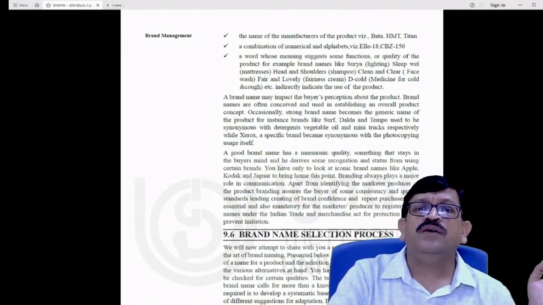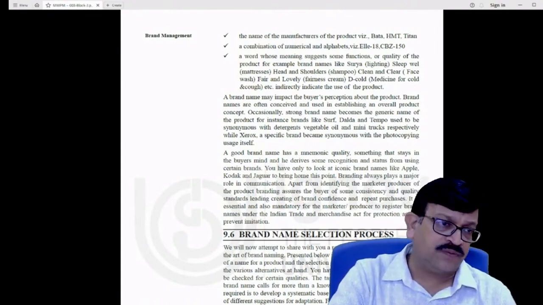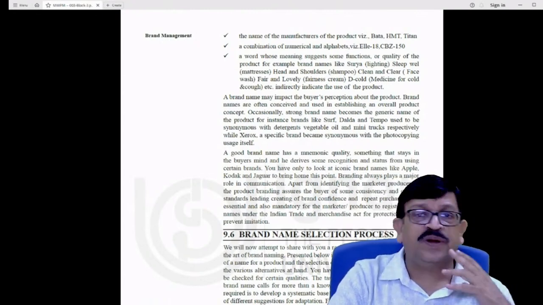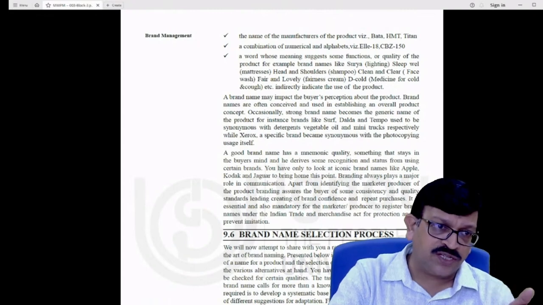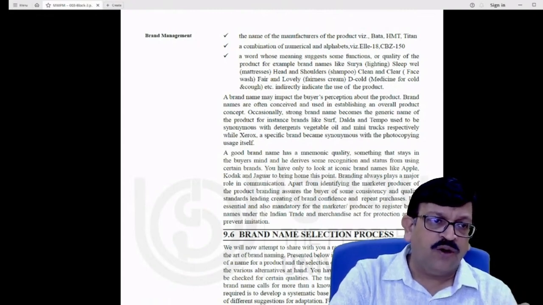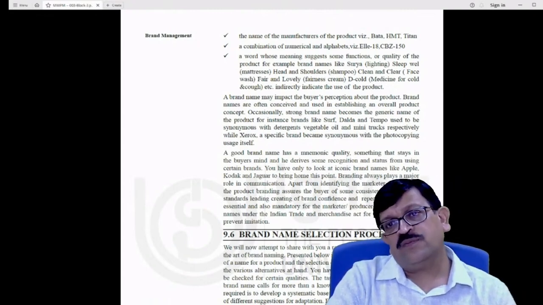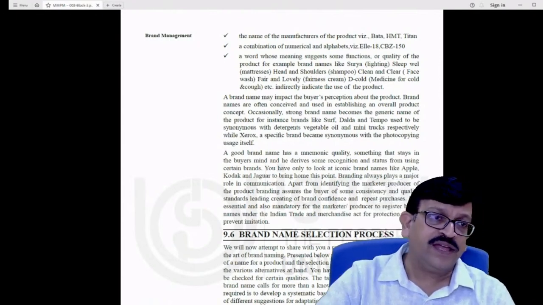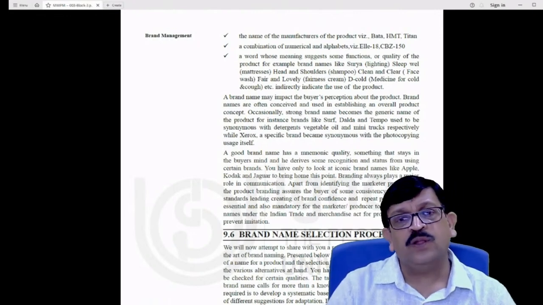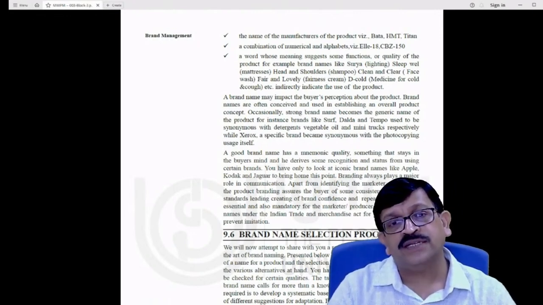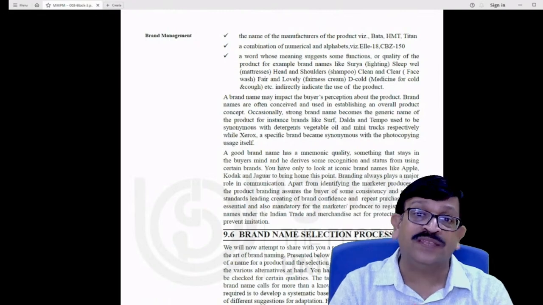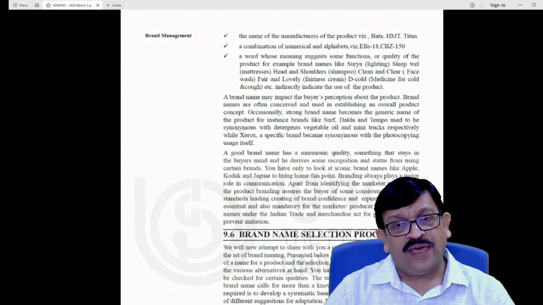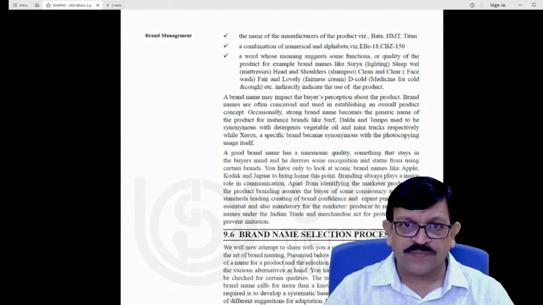The name of the manufacturer in the product. For example, I was talking about Bata, Titan. Tata uses a lot of manufacturer brands in their branding, because they feel that the initial way of entering gives a lot of leverage to the brand, because the name Tata, in India at least, gives a lot of sanctity, a lot of legality, a lot of ethicality, a lot of quality assurances to the consumers. Hence, they would like to leverage on it.